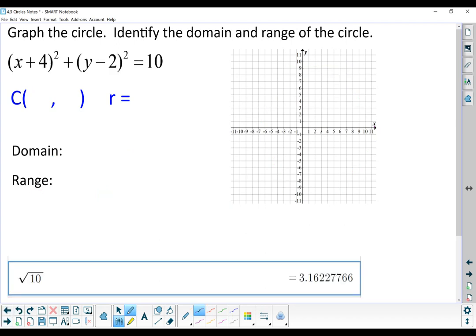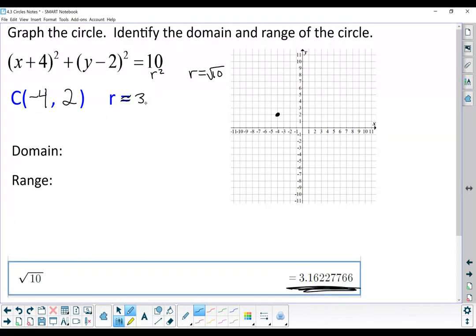Another circle, so this one has a center at (−4, 2). Don't forget to change both those signs. And then our radius squared is 10. So that means our radius is the square root of 10. Now, telling someone to count out the square root of 10 on a graph, that's terrible. We do need to know about what decimal that is. So I have the decimal equivalent down here at the bottom. So that's about